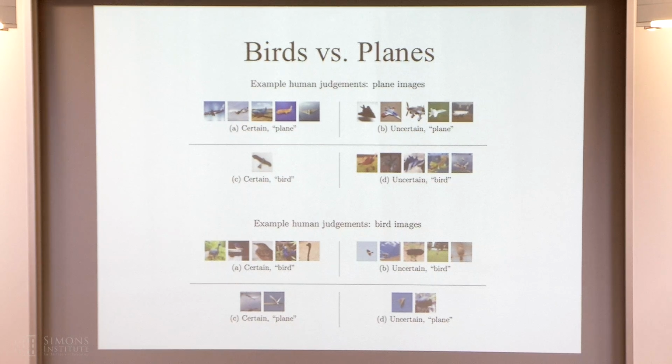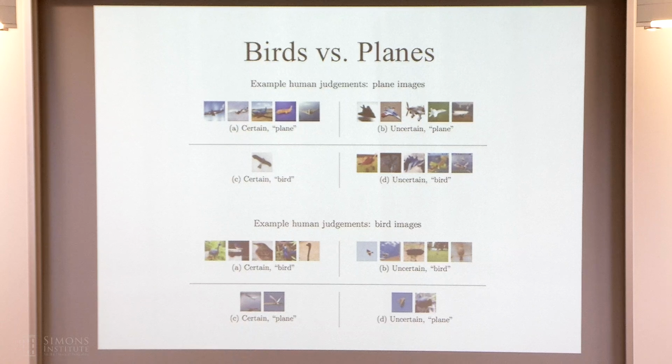Okay. So what's interesting about this data set is, when you think about these data sets as a computer vision problem, you're focused on reproducing ground truth, right? So there's some ground truth which is associated with each image, whether it contains a bird or a plane. When we actually get humans to make judgments, we find that there are systematic deviations from that ground truth. So this is an example of an image whose ground truth is a plane, but people are pretty darn sure is a bird. And this is an example of ground truth birds that people are pretty darn sure are planes. And so what we're doing here is not trying to reproduce the ground truth, but trying to predict the judgments that people are making about whether these things constitute birds or planes.